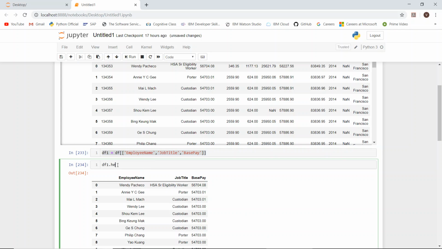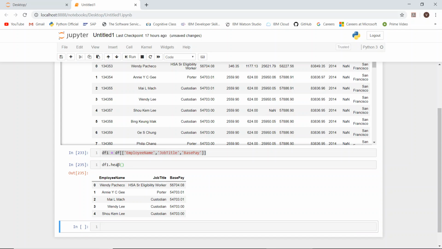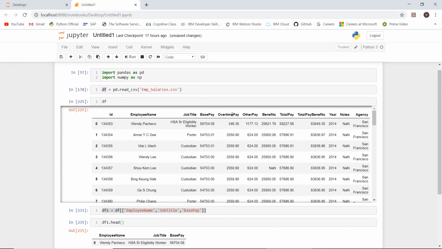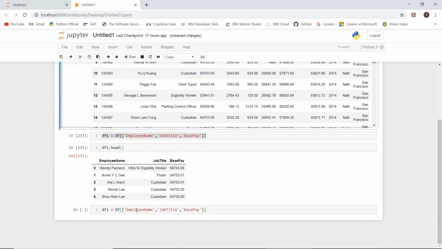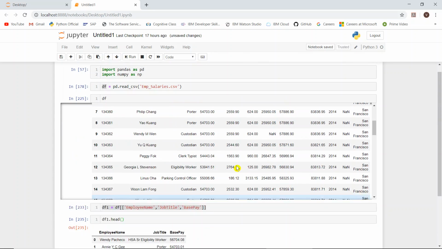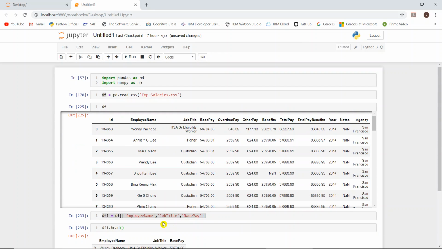Let me give the head of it, so that we don't need everything. We need to see the sample. We need to view the sample. Okay, let us select some more. Say it's overtime. Okay, let's select overtime, and then other pay